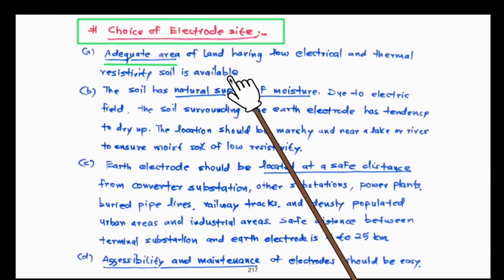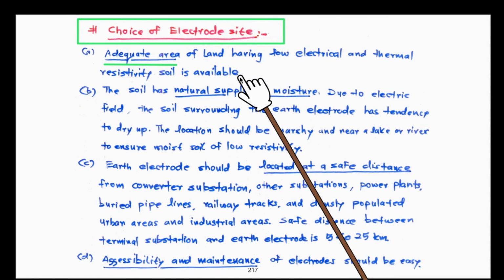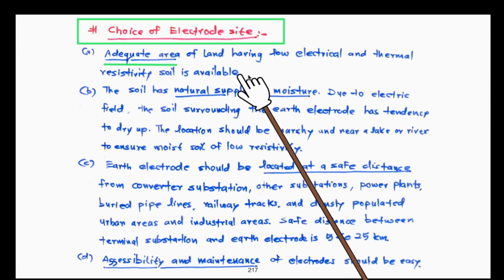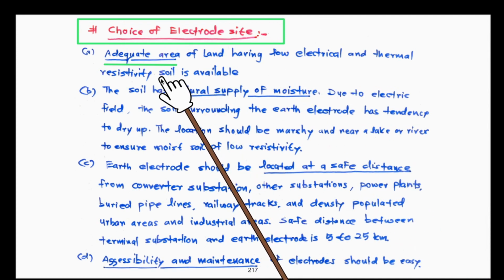Generally, you will realize at a later stage that the electrodes, which are supposed to carry thousands of amperes of direct current through the earth, are quite large in size because of the electrode material consumption and because of the size of the earth and the level of current that we would like to make flow. So a large area is required for installing the electrodes which will carry the DC current, right? And it should have low thermal and electrical resistivity. If resistivity is more, then naturally direct current flow through the ground will not be a good proposition.